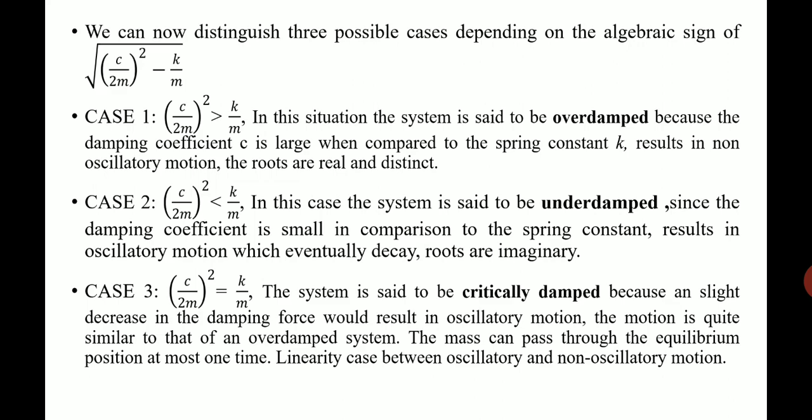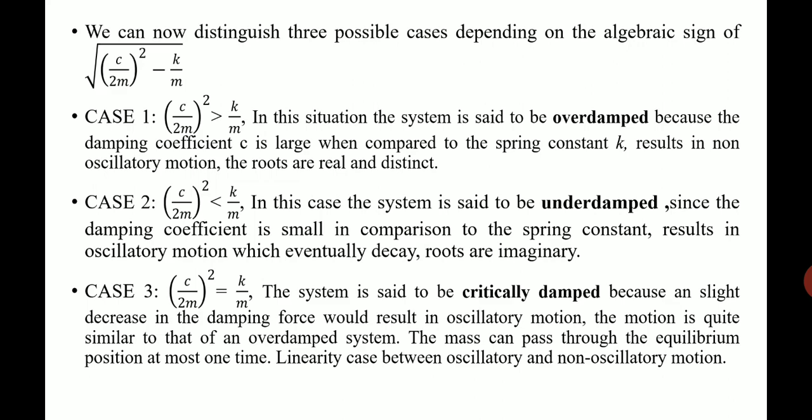In case of an overdamped system, there won't be any oscillations. It will be a non-oscillatory motion, an aperiodic motion. There will be no oscillations at all, and it will die out with the passing of time. While in the second case, the underdamped system, there is insufficient damping, which means there will be oscillations. These oscillations will die out eventually by the passage of time.